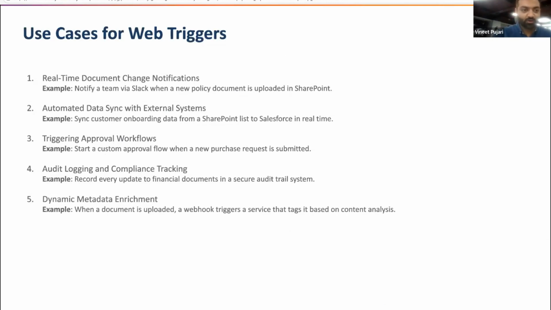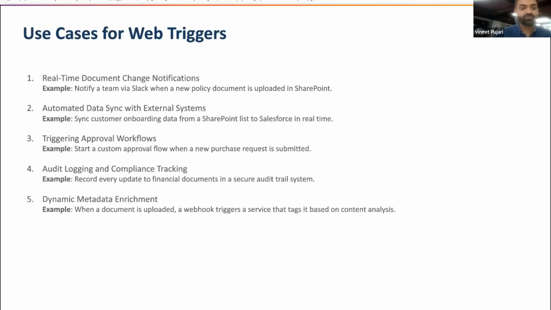I've noted here some of the common use cases for web triggers, specifically SharePoint and other kinds of SaaS applications. One is real-time document change notifications. Every time a document gets updated on SharePoint, we can notify somebody on Slack or any other collaboration tool. Second, you can automatically sync data with external systems. Imagine somebody uploads